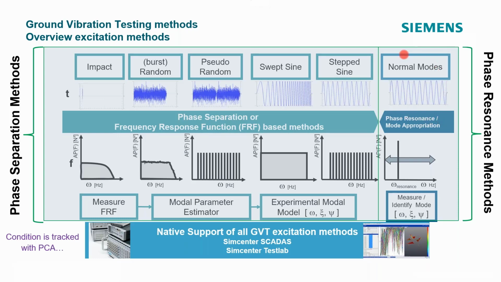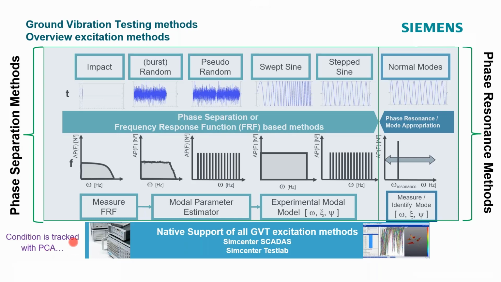And then exclusive, I think, to the aircraft industry would be this normal modes testing that we call the phase resonance methods, where we're actually managing the phase relationship of each of these shakers, the amplitude and phase of each of the shakers relative to each other in order to induce and excite and kind of isolate a single mode. Basically adjust the amplitudes and phases of each of those multiple shakers going into the structure to isolate a single particular mode of interest. That's important for flutter testing and flutter analysis.